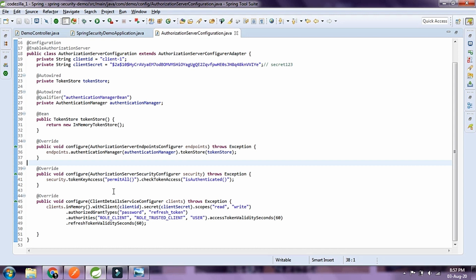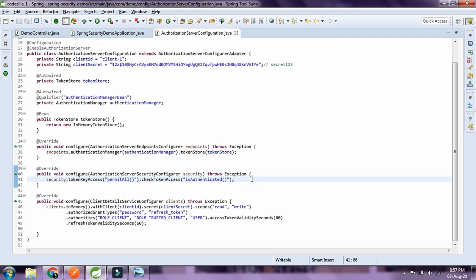When we add the security dependency to our classpath, we'd be essentially exposing endpoints that can generate tokens. So here we are just saying that all endpoints that generate tokens should be accessible by everyone,